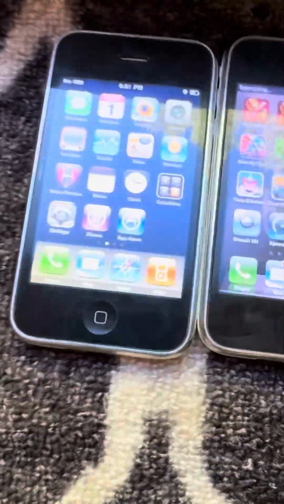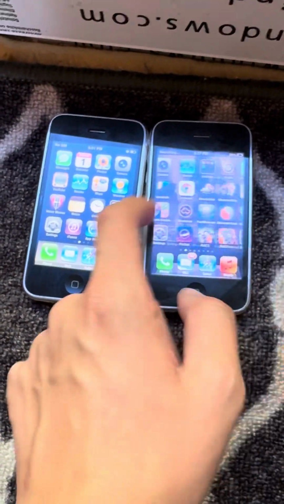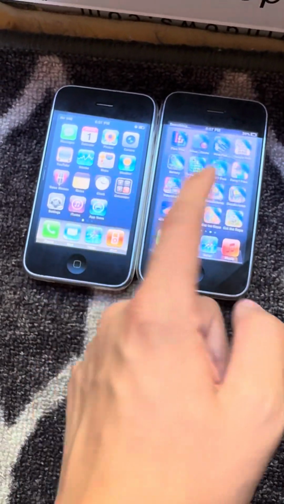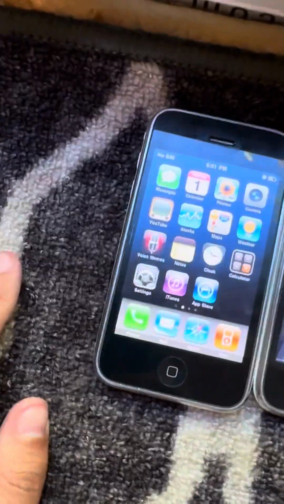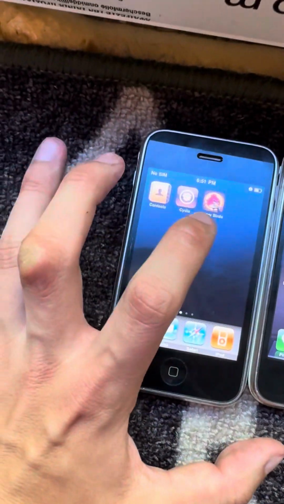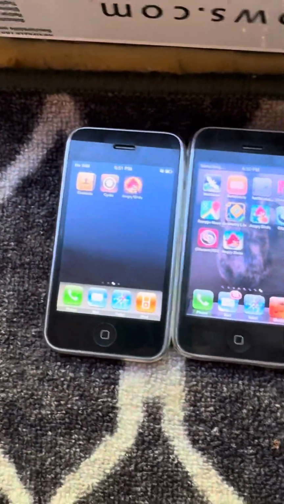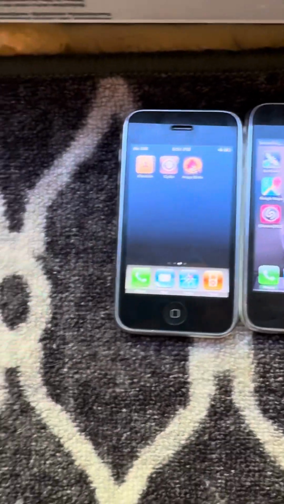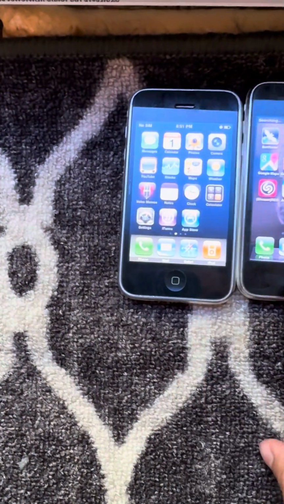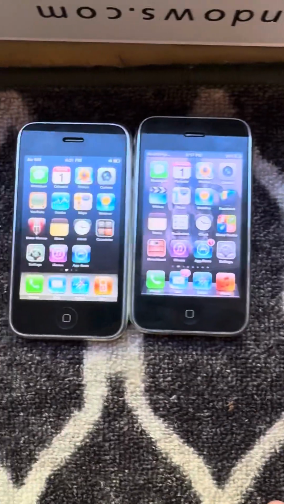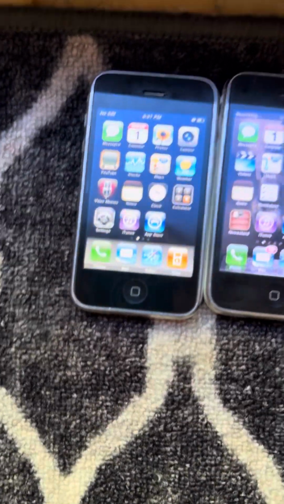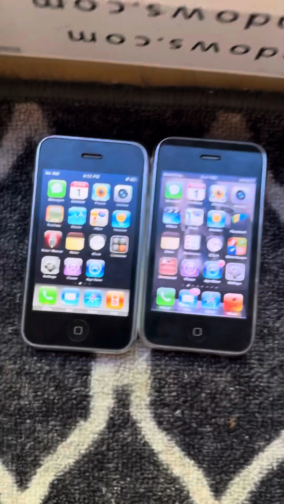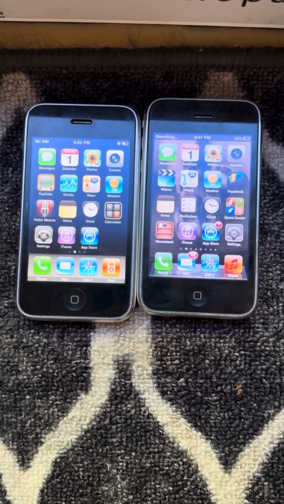Now, a lot of games you can get on the 3GS, like you can see all these apps I could get on the 3GS. I didn't try downloading all of them yet, but the only one I was successful on getting was Angry Birds Halloween Edition. That's all I was able to get on my 3G. But that's because this is iOS 3. I'm sure if I had updated this to iOS 4, I would have been able to get other apps too, but yeah,